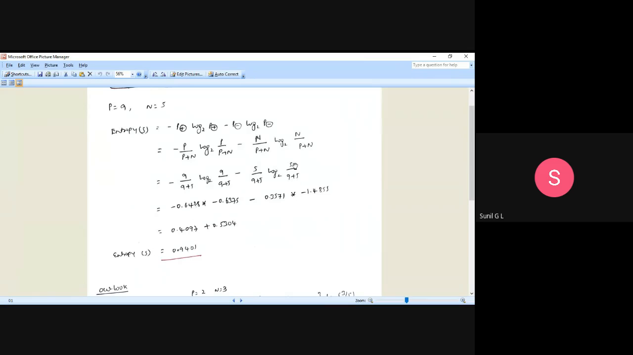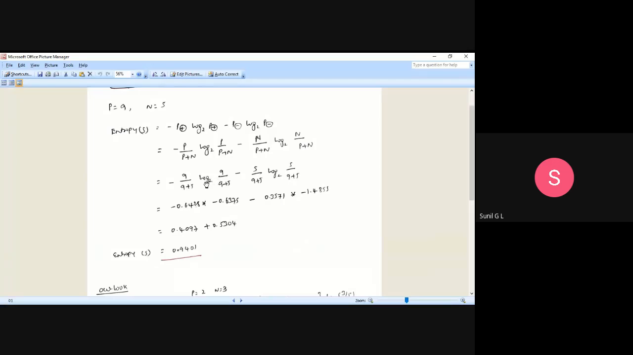So we are substituting the values. After that, when I calculate this, 9 divided by 14, it will be 0.6428. Keep the minus, the same minus, here, into log 2 of 9 divided by 14. So how do you calculate log 2 in a calculator? Log 2 of 9 divided by 14 is nothing but, okay,